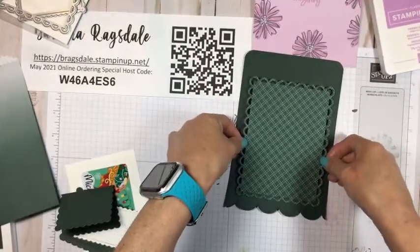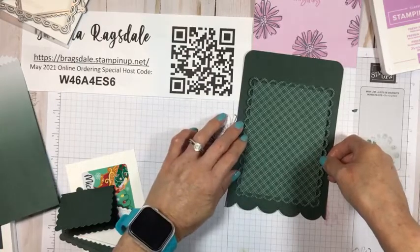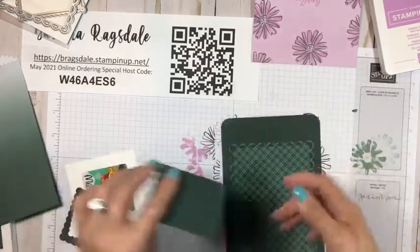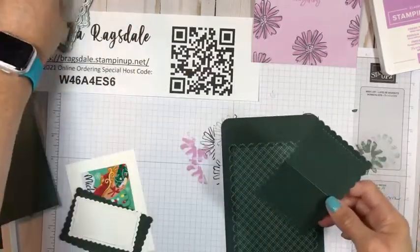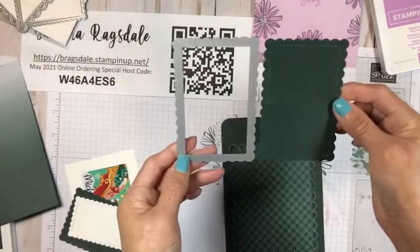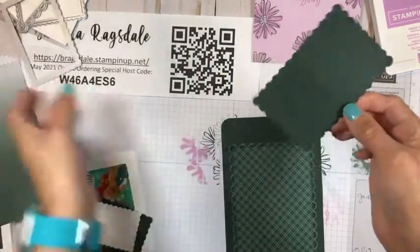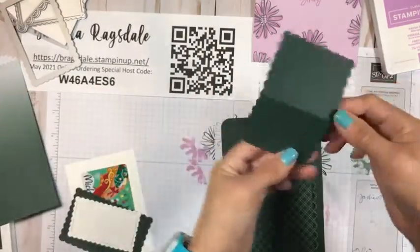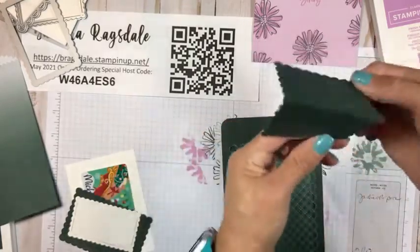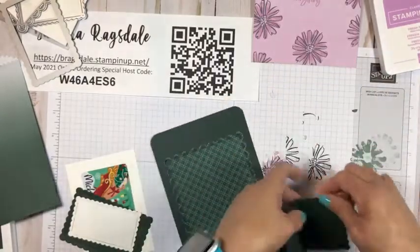But we're going to put this down here closer to the bottom. And then one of the other dies, which is this size right here, I cut a piece out using Evening Evergreen cardstock, and I scored it in half, horizontally, whichever way. It's this way, because I want to fold that in half. Okay, so I'm going to put adhesive